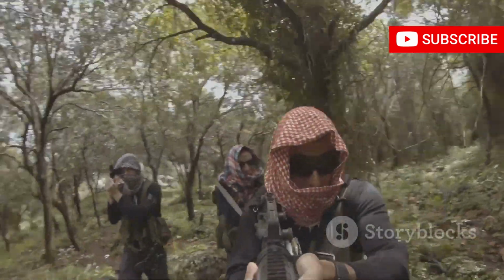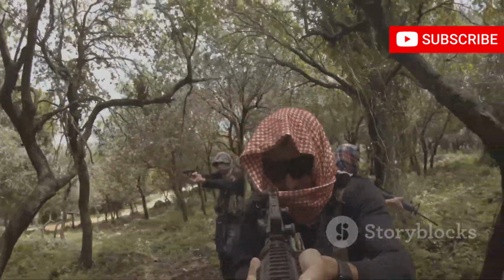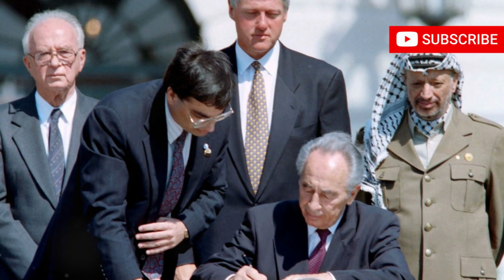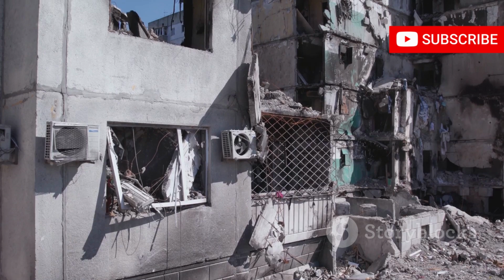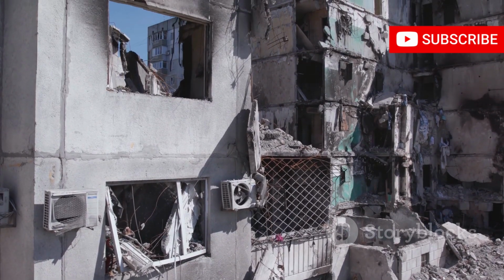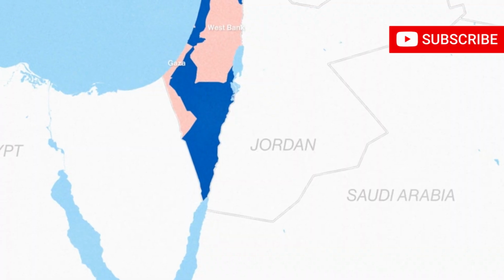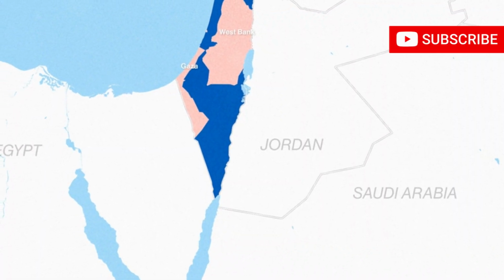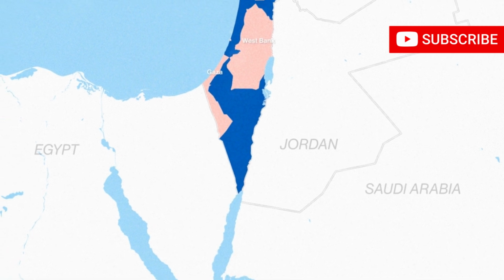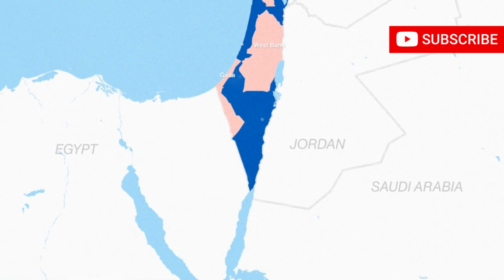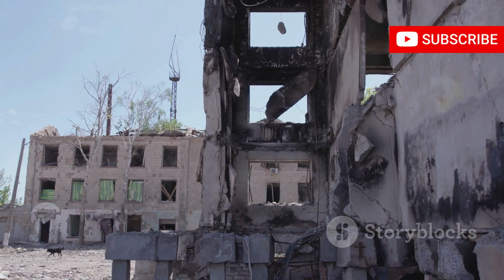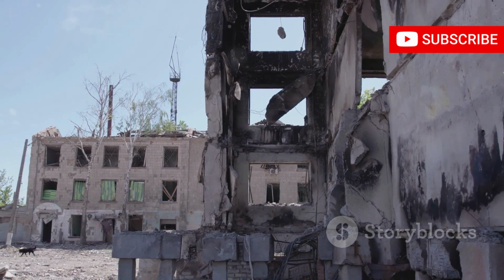Section 8. The Hamas surprise attack, October 7, 2023, a bloody escalation. On October 7, 2023, Hamas launched a surprise attack on Israel, infiltrating its borders and killing over 1,200 people. The attack, involving a coordinated assault by land, air and sea, caught Israel off guard and marked a significant escalation in the conflict. The attack, Hamas's largest and deadliest against Israel in decades, aimed to inflict mass casualties and demonstrate